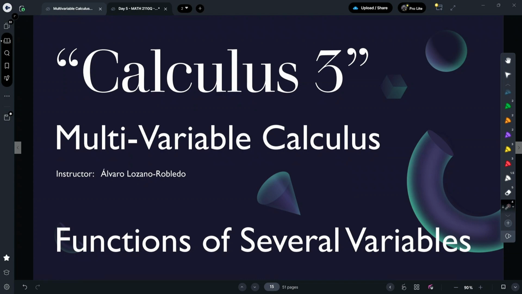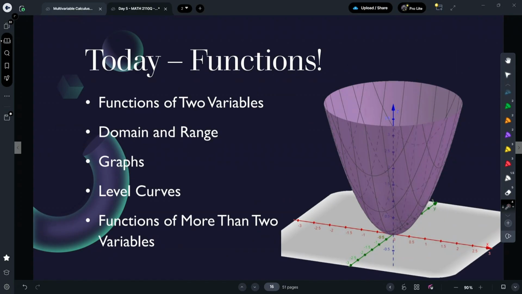In this section now, we are ready to talk about functions of several variables. So we're going to actually start doing calculus on functions. What are we going to do? We're going to start with functions of two variables. For example, this is a function of two variables. In this case, this would be f of x and y is x squared plus y squared, and that is